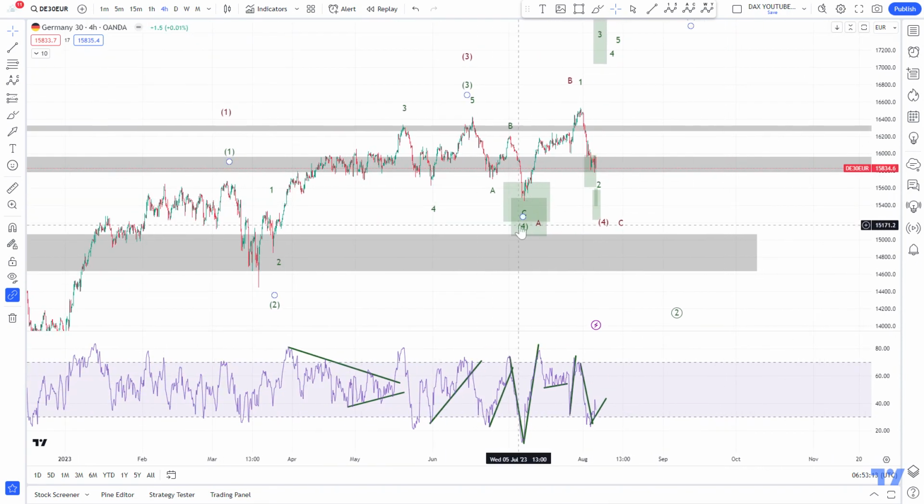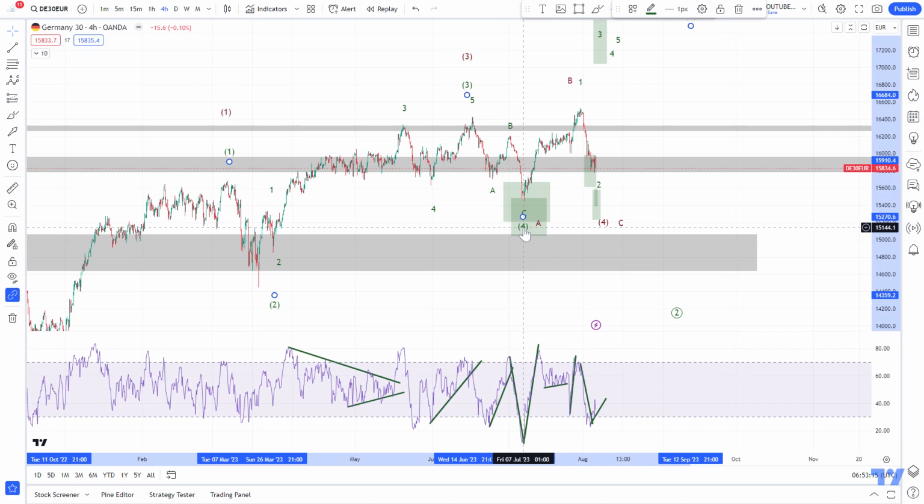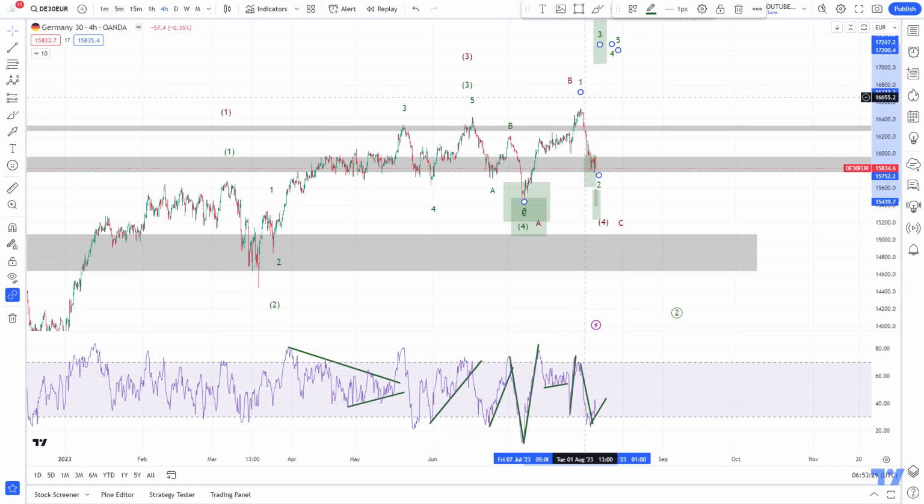So the bullish one assumes that our wave 4 was in here after an ABC correction, and that we should see more upside from here. So then this would be a wave 1, like in green. So focus on the green now. Then we are now doing our wave 2, and then from our wave 2 we should see more upside as a wave 3, 4, 5, and so on. And the bearish one is different.